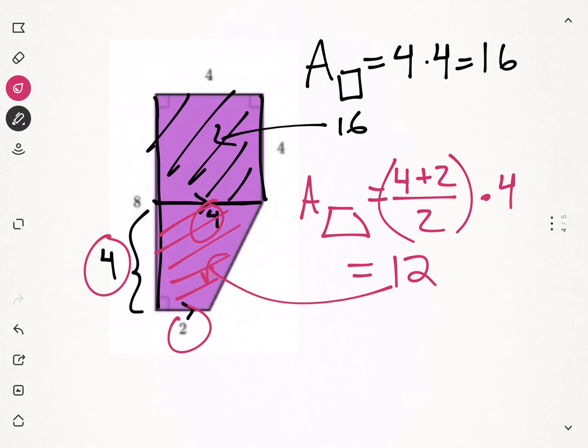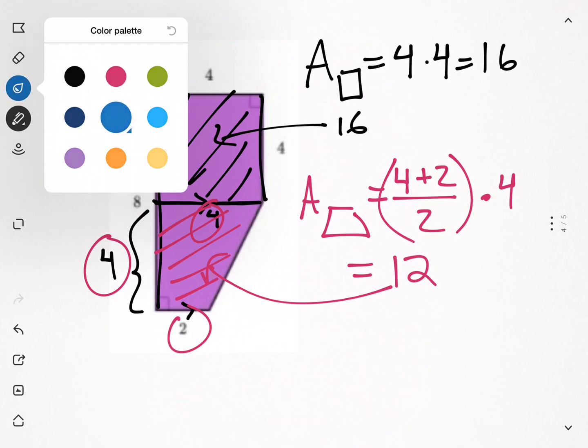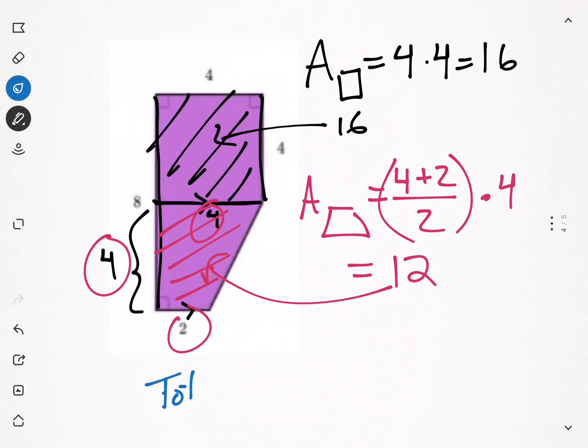The square is 16. So the total area is 12 plus 16, or 28